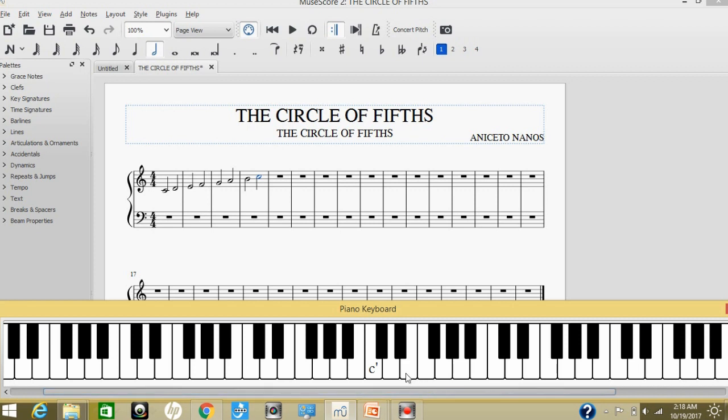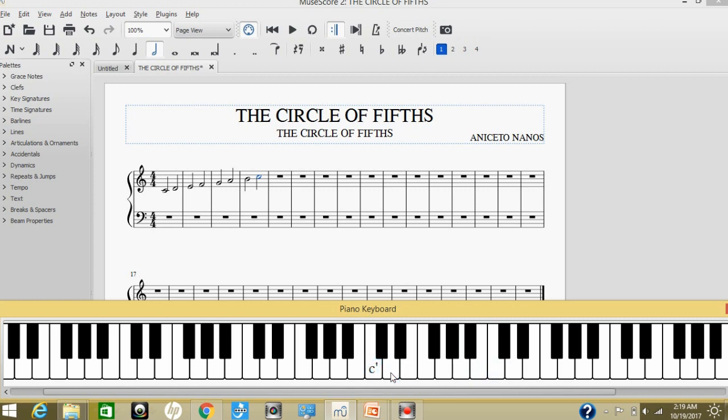Now, how about Mi going to Fa? This is a half step, because if you press Mi and Fa simultaneously at the center, you cannot find any key in between them. So if we are going to identify the Do, Re, Mi, Fa, Sol, La, Ti, Do,